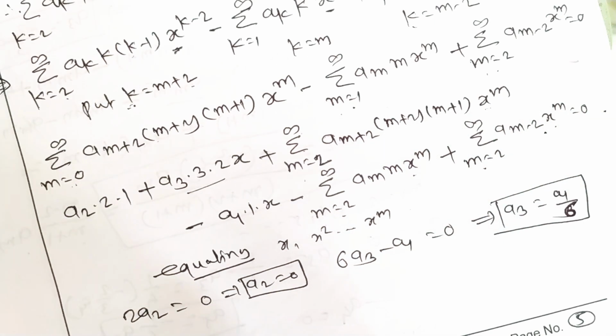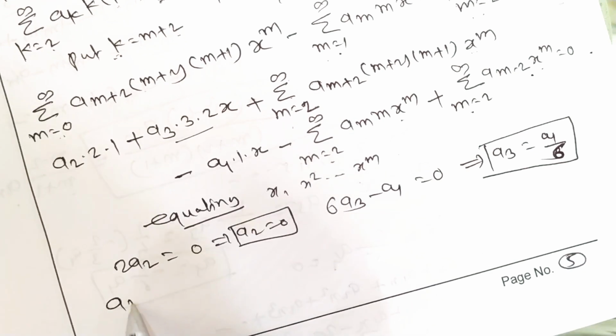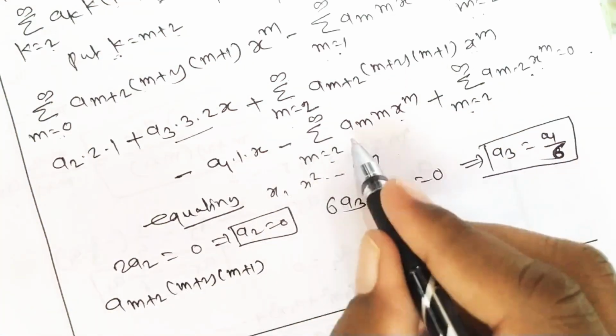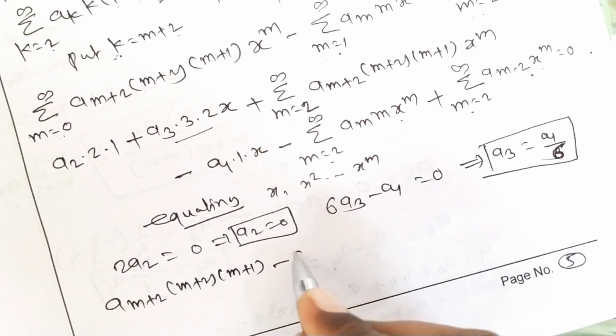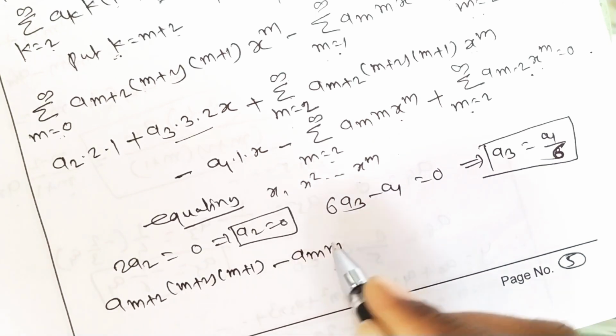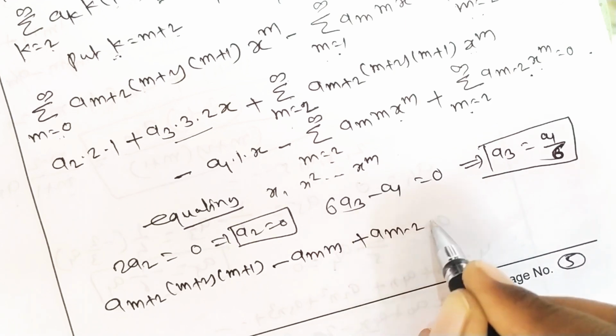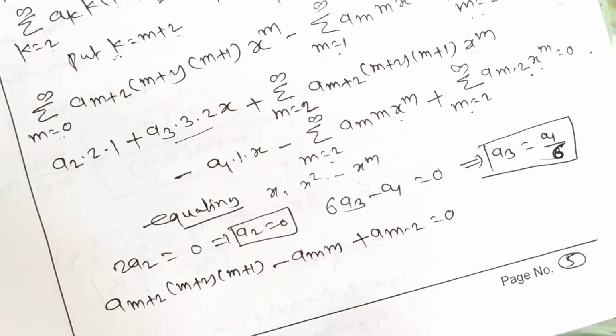So first one is a_(m+2) into (m+2)(m+1). This is the coefficient of x raised to m. From this series minus a_m into m, and from this series plus a_(m-2), equate this with 0,